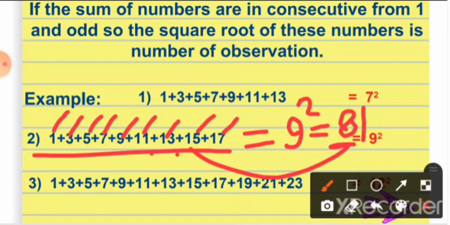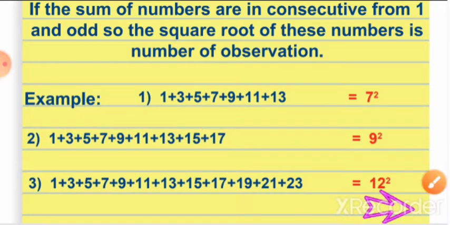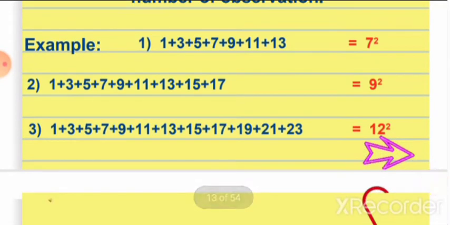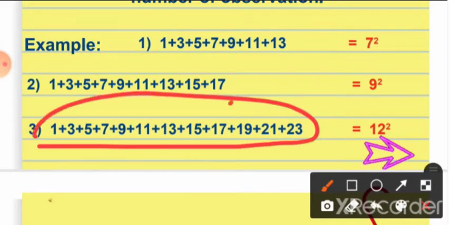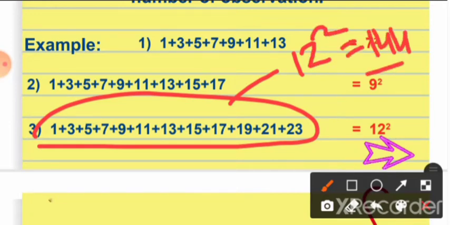It means check only the number of terms. Here you only have to check the number of terms. If in this situation the number of terms is 5, so you can write now the 5 square. If the number of terms is 11, so you can write now the 11 square. Next, another example is given here. Count the number of terms. In this situation the total number is 12. So its addition is equal to 12 square, which is 144. That is its answer.